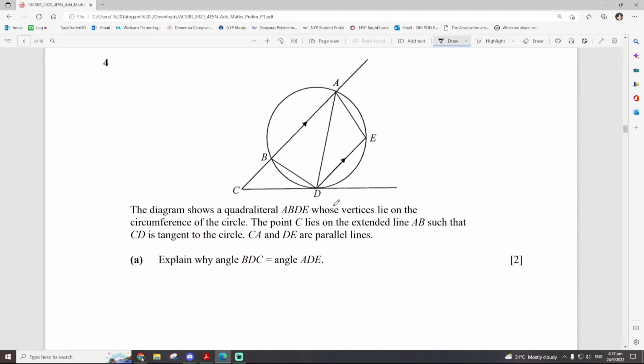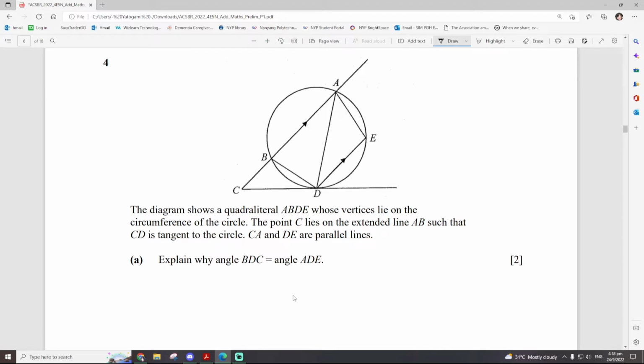Geometry proofs. The diagram shows a quadrilateral ABDE. Vertices lie on the circumference. Point C lies on AB produced, so that CD is tangent. CA and DE are parallel. Explain why angle BDC and angle ADE are the same. Okay? So,